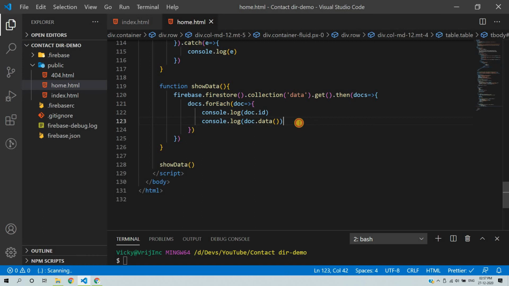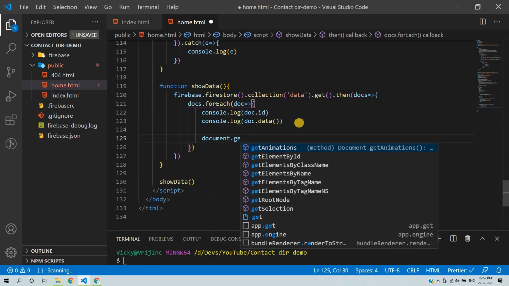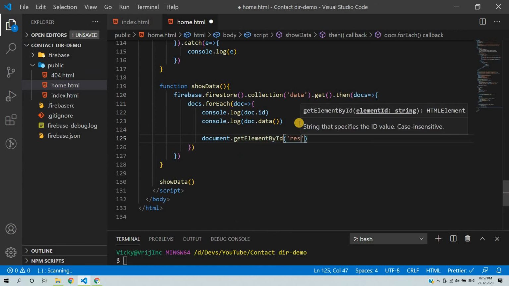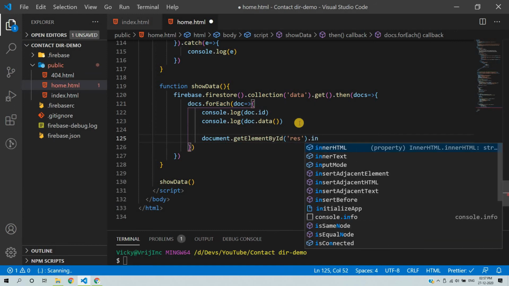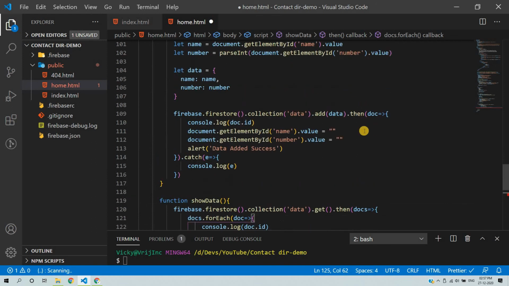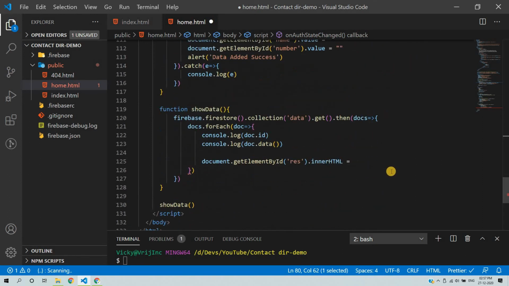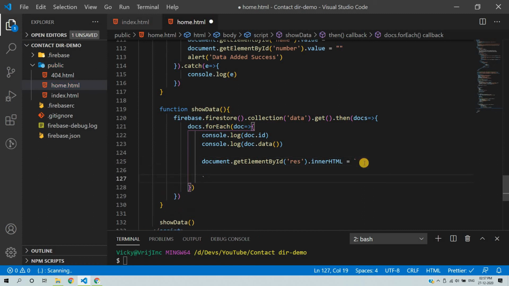Yeah, in the show data section, what we can do, we will write document.getElementById. Here we will pass the ID as a result, and then we use innerHTML equal to. We can add a multi-line string. We can use a multi-line string as I told you, like we have used with this symbol. So this one is for creating a multi-line string. So again, we need to create a row every time, for every record.